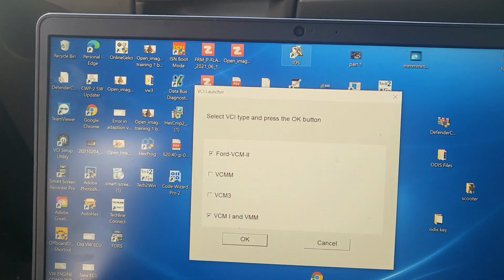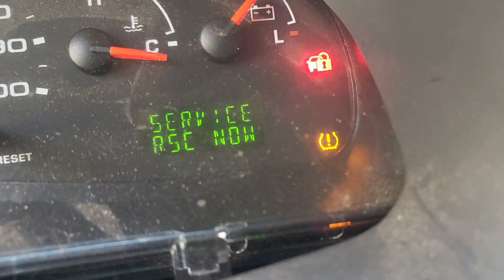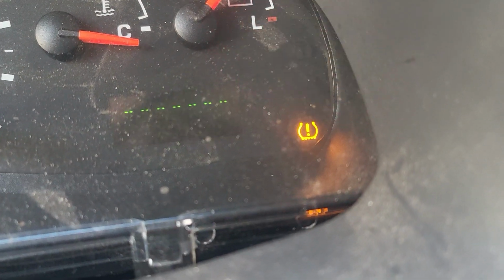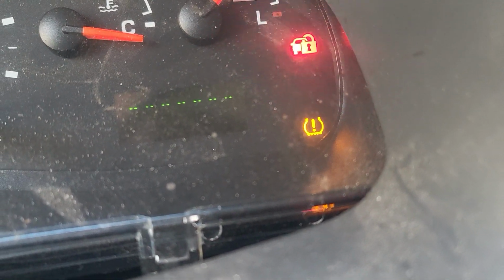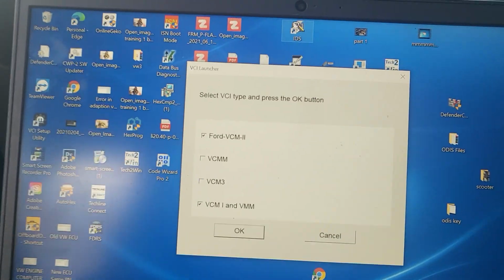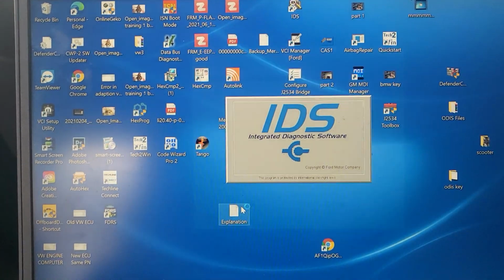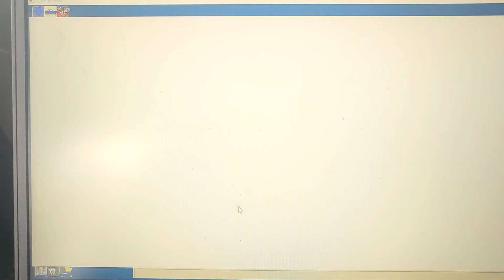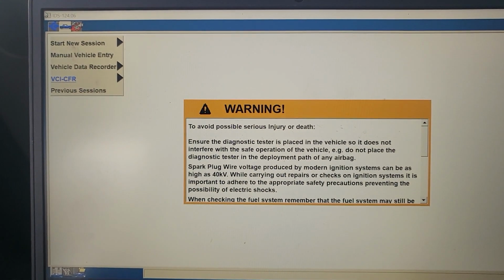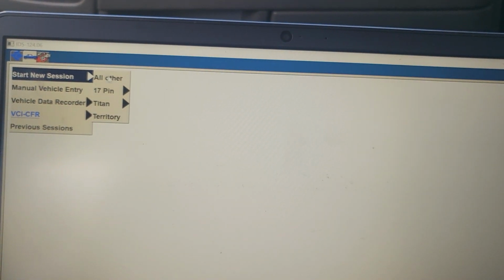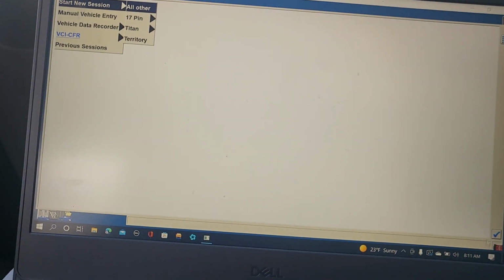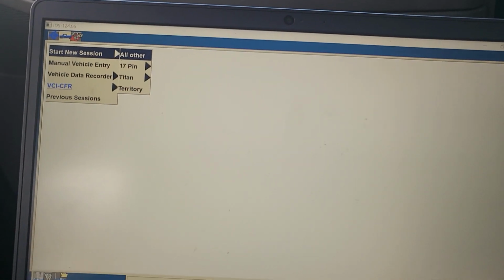Okay, I'm going to try to see why the security light is on. Obviously, you're going to say, okay, the security light is on, that means definitely we have a key problem. Or at least when this car first came, when the battery went dead, it lost programming and configuration. So what you need to do, I'm using IDS, as you see here. I put it here, and I will go to diagnose and try to do the parameter reset by the dealer